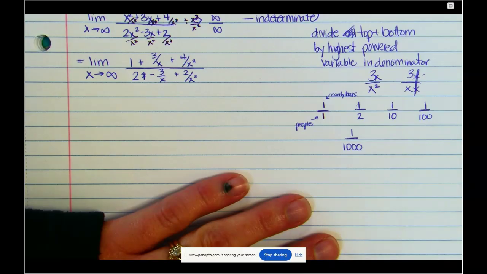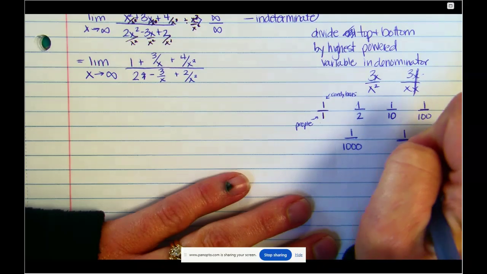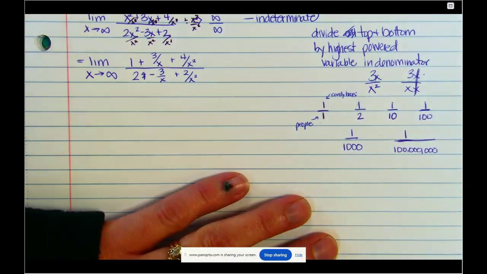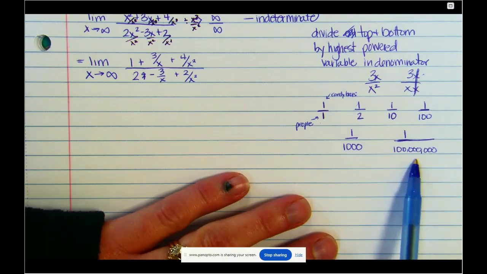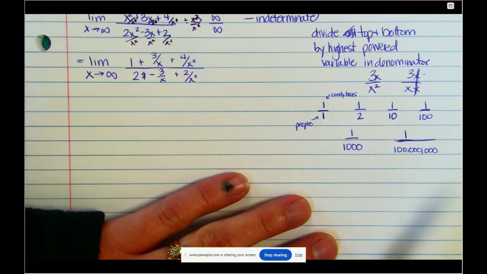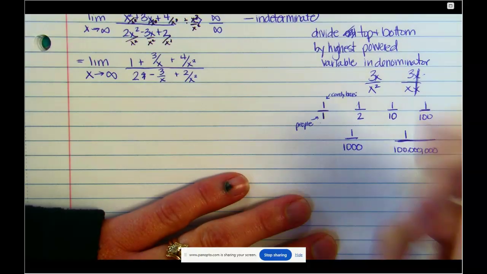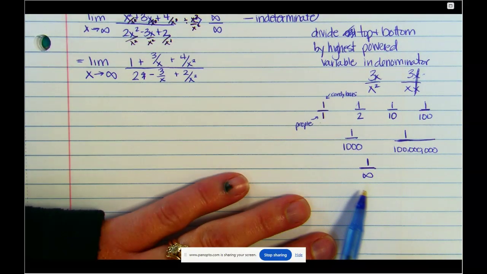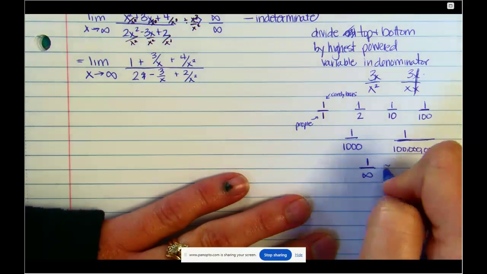So if I have 1,000 people, I now have a crumb. Let's say there's 100 million people that I'm sharing my one candy bar with. Maybe I get an atom of chocolate, right? I get a very small amount. So listen, it doesn't matter anymore. Let's say I have 1 divided by an infinite number. What is that essentially? This is essentially 0.